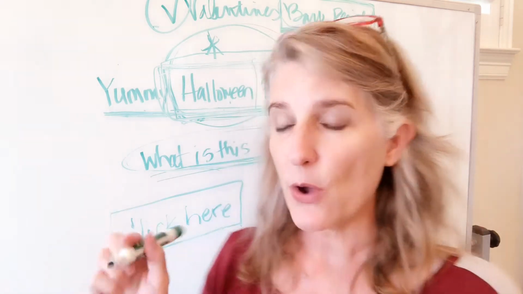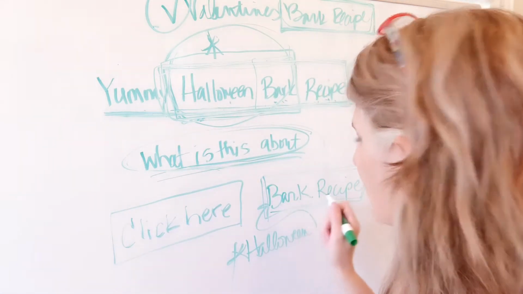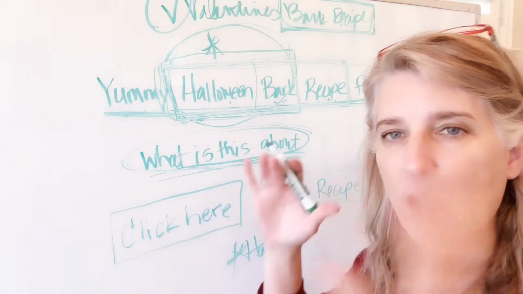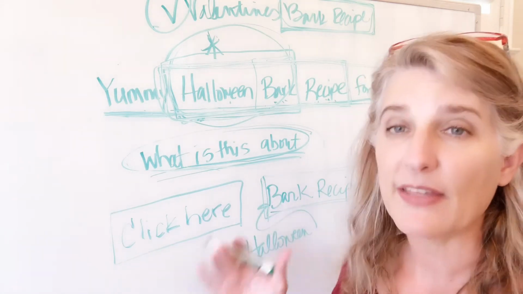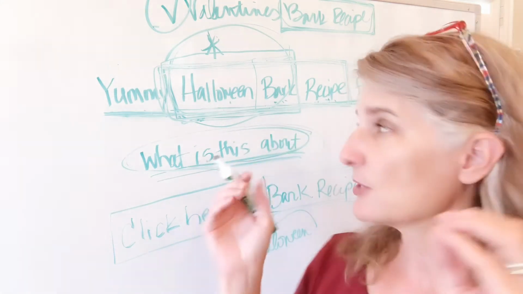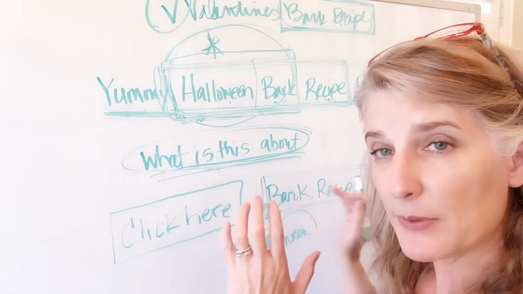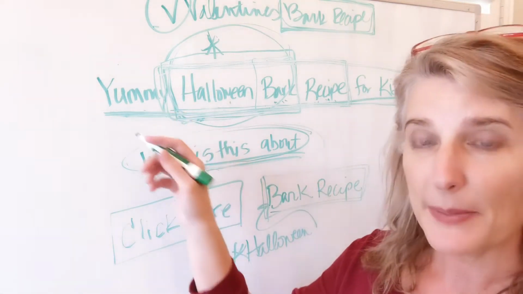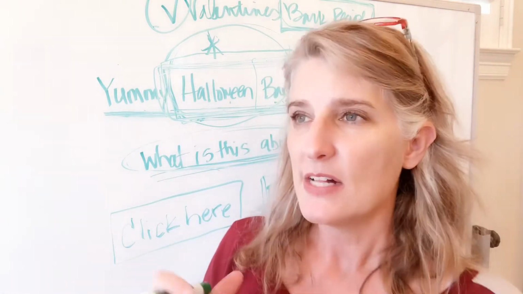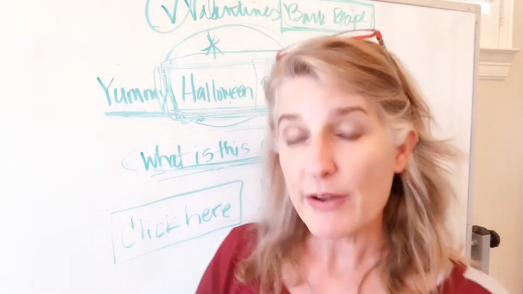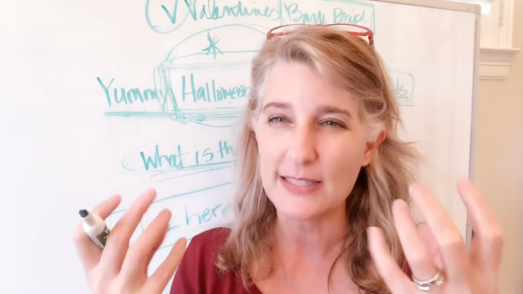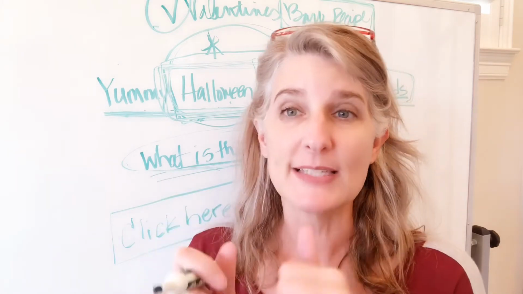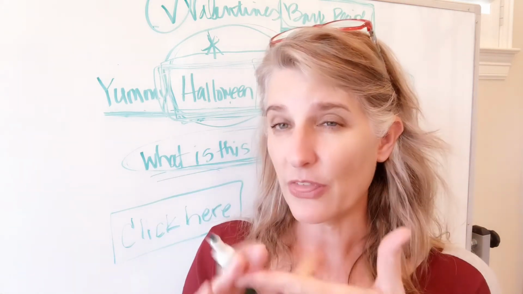And so even though we might hyperlink "Halloween bark recipe," like that's what we're hyperlinking, we could put words all around it that support it, that Google will then put more context around it. So even though we're only hyperlinking certain things, we might still add "for kids" or "yummy" or "easy to make" or "can be done in 15 minutes" or "great for a gift." Those kinds of things can all be surrounding that, but just making sure the hyperlink key phrase is original, doesn't steal the thunder from something